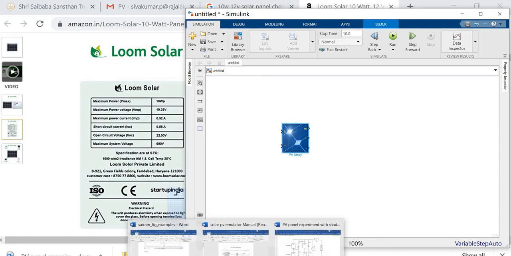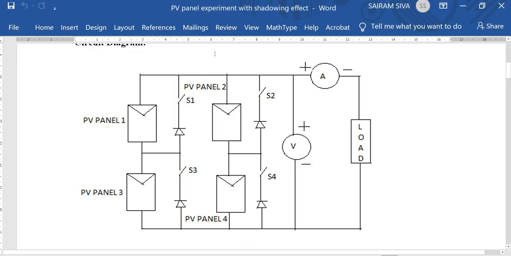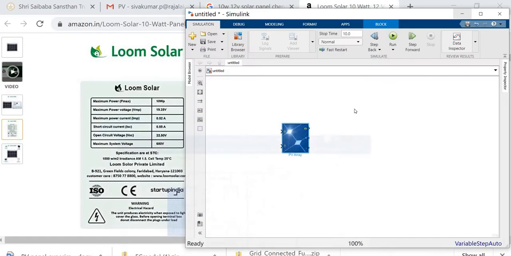The next step, we are going to draw this circuit in the Simulink block. How many panels do we need? We need 4 PV panels to build this circuit. So again I right click and then drag.